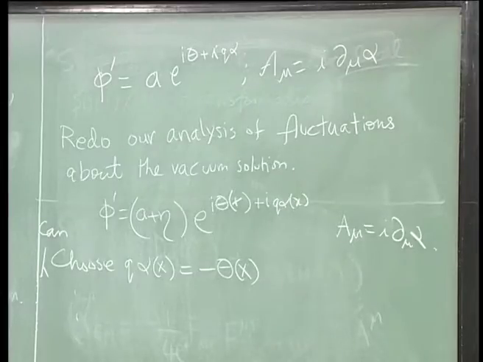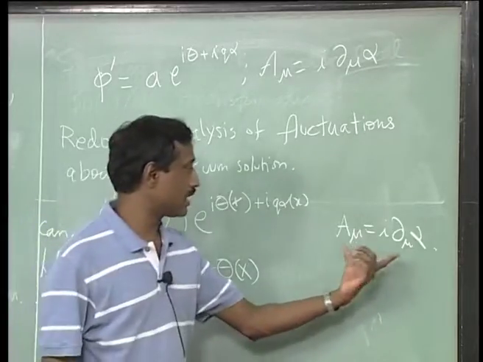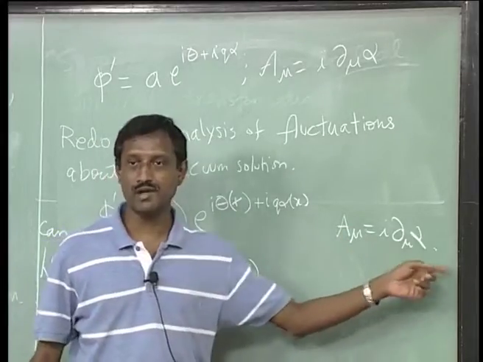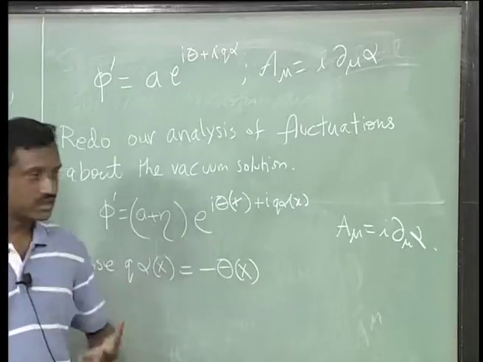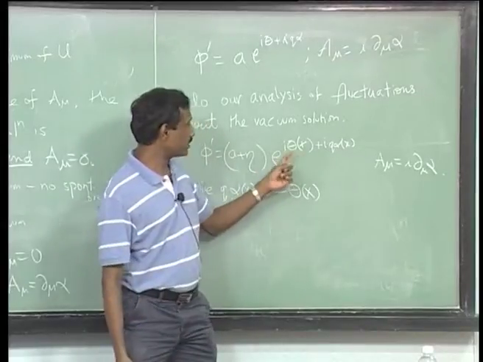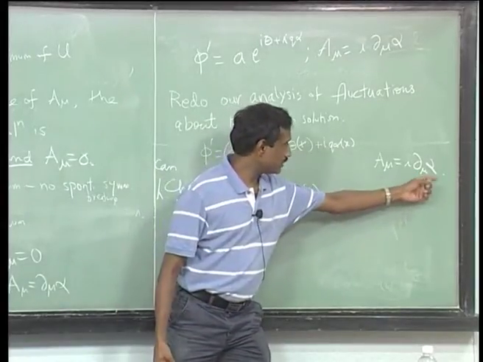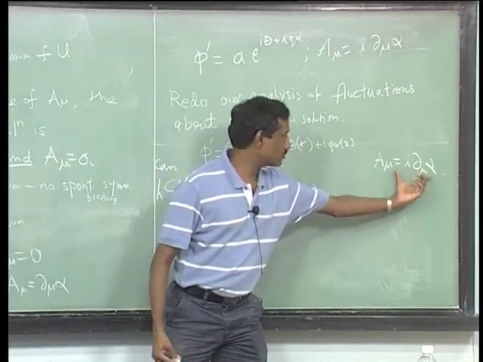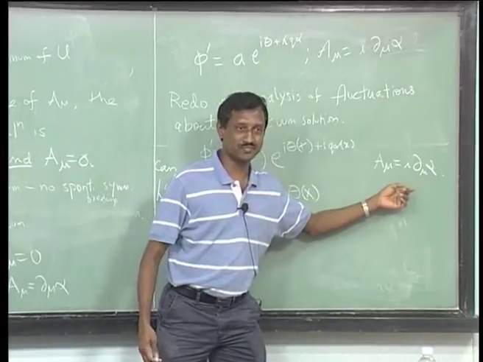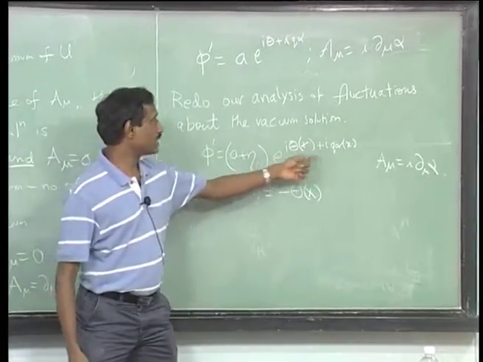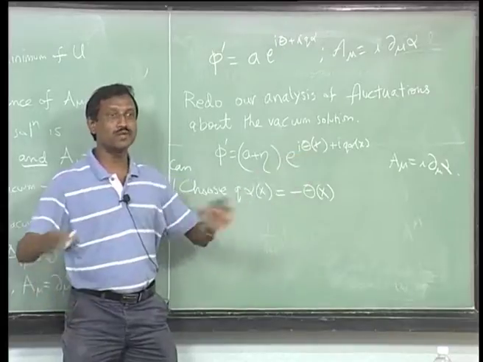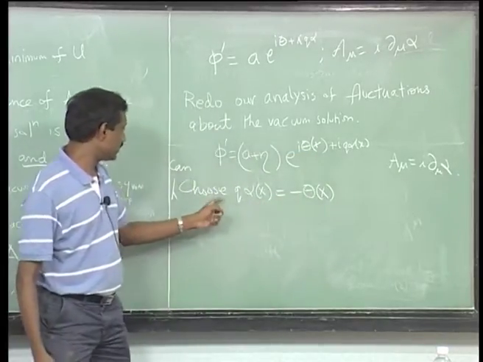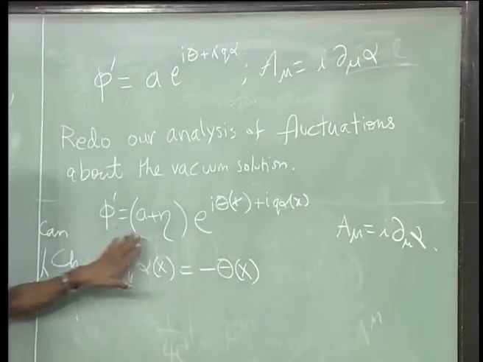But what happens is that the gauge field will remain. In some sense you can see that the pure gauge part does not change, the field strength is still 0. So, this kind of term is called pure gauge, it is just a gauge transformation, but that can be used to eat up the phase. So, they are equivalent to each other. Okay. So, the idea here is that I just get rid of it and always work with